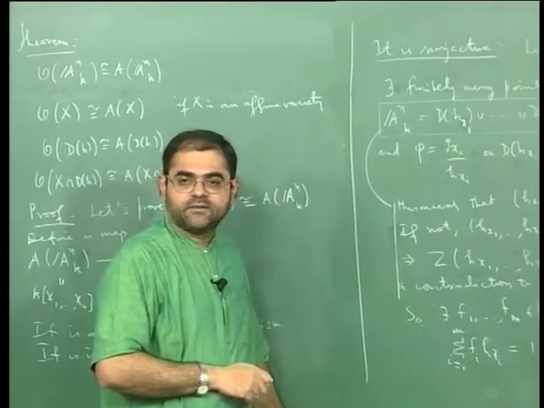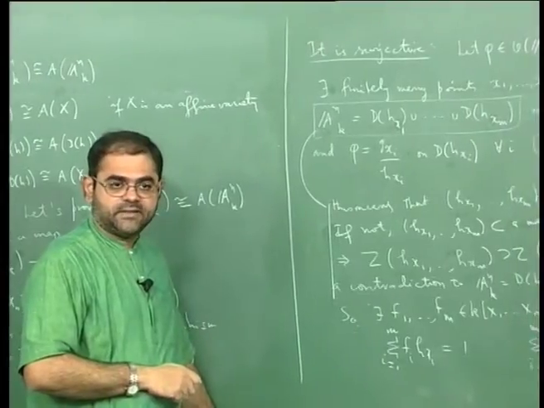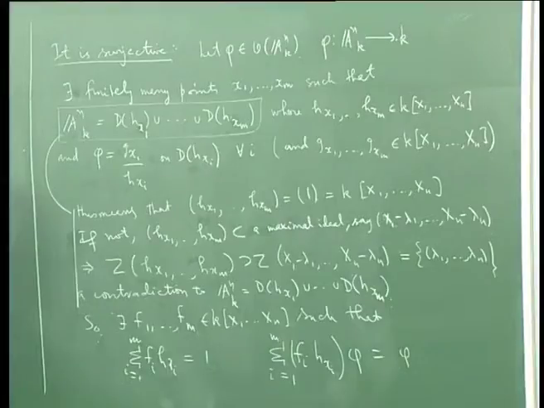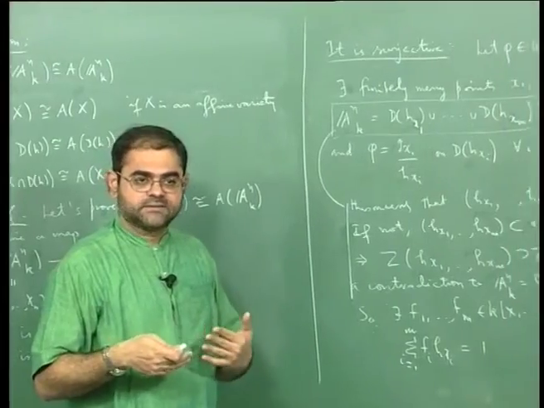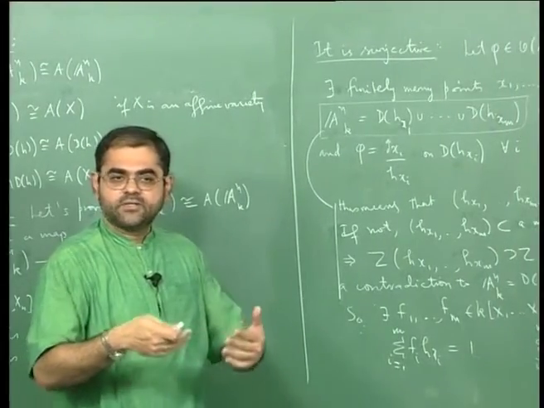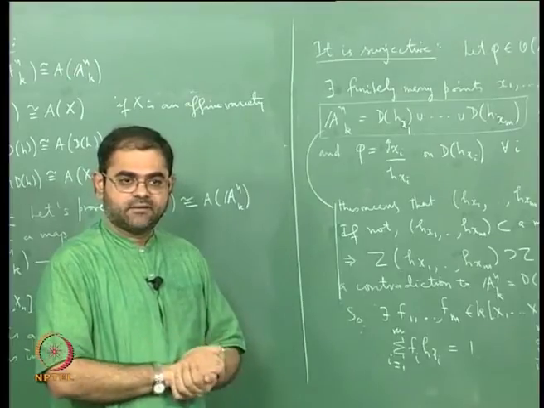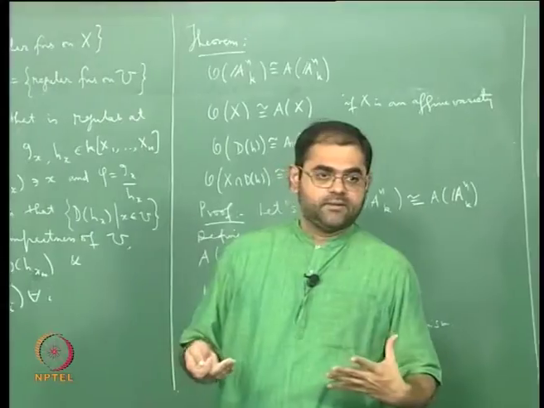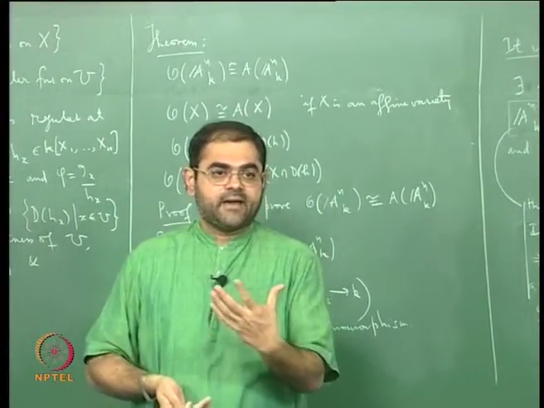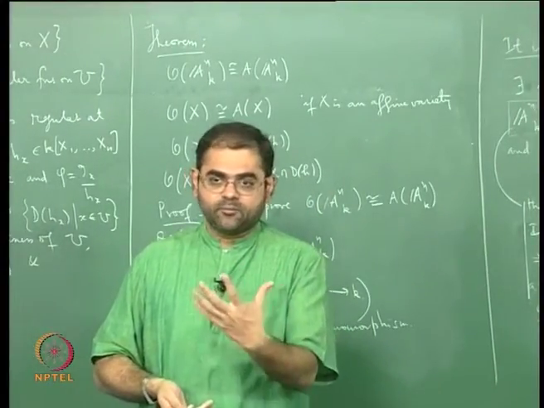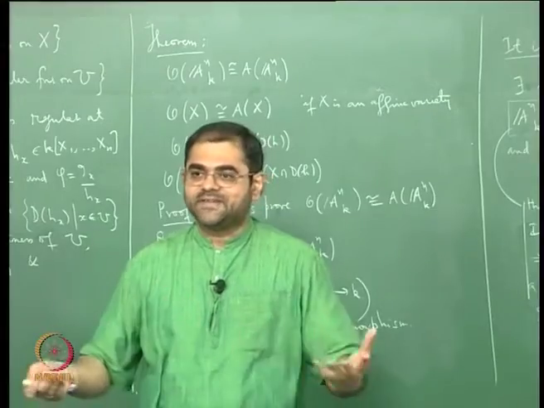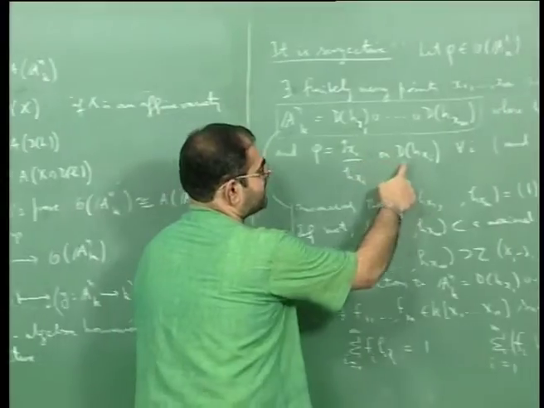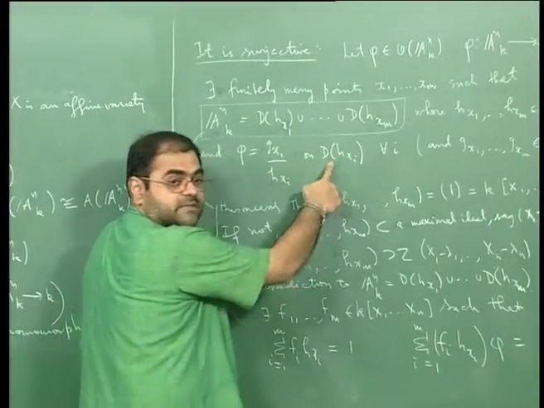So I am using the following fact: if two polynomials, treated as functions, coincide on a non-empty open set, if the two functions defined by two polynomials coincide as a function on a non-empty open set, then the polynomials are equal, okay. So what this equation tells me is that on this non-empty open set D(h_x)